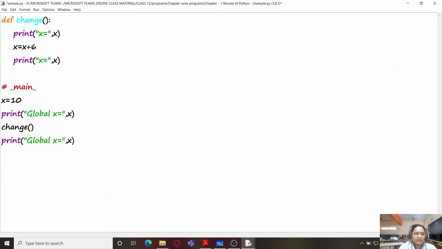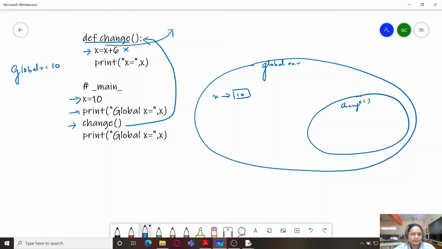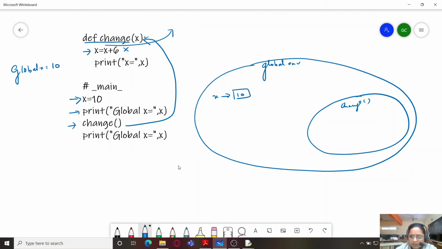So passing the value would be somewhat like this, that is we take x over here. When x is passed as an argument, x would be created within the local scope containing the value 10, and then when we execute the statement, it will be pointing to 10 plus 6, that is 16, and this previous association will be broken.